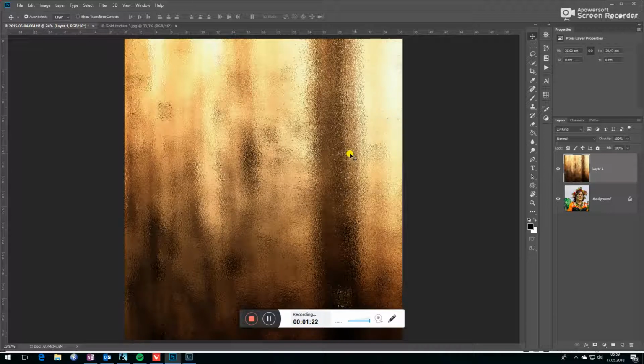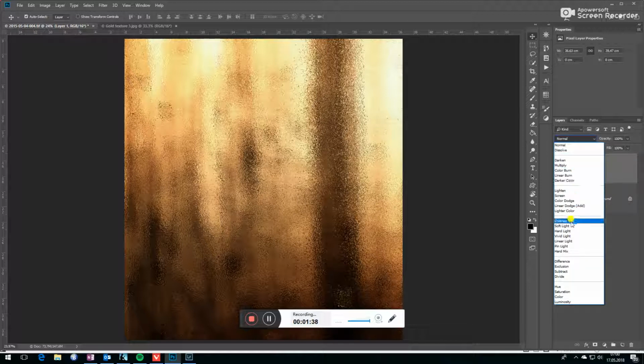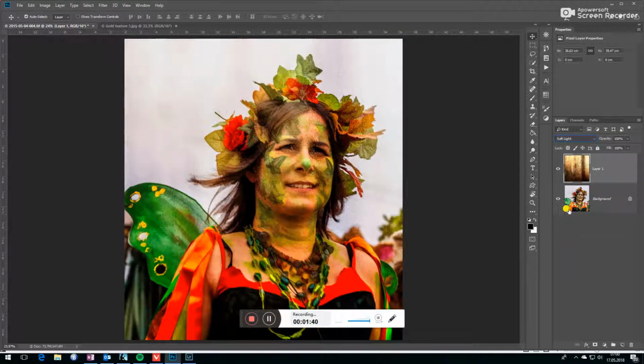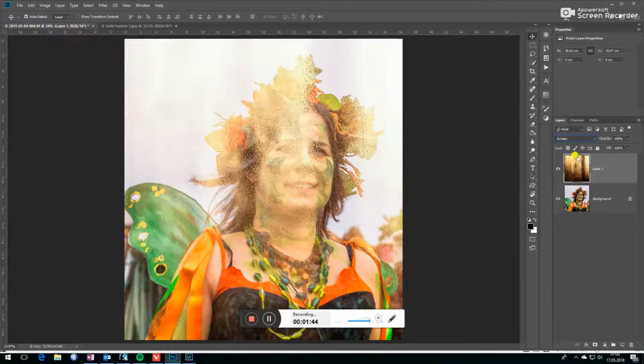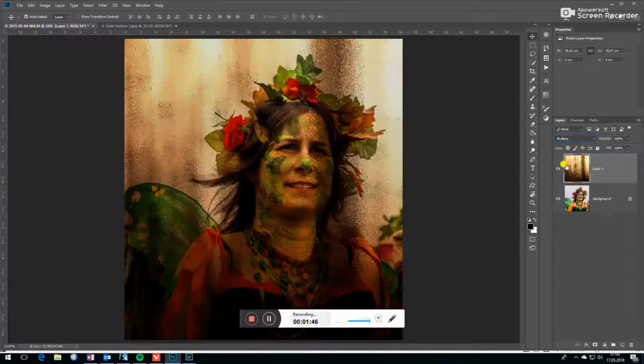Now of course you can't see the photo underneath anymore, but you can see here on the right that you have 2 layers now. In challenge 1 we used the different blend modes, and we do that again now. You just click here and try some of the blending modes: soft light, screen, multiply. In this case I'm going to use multiply,